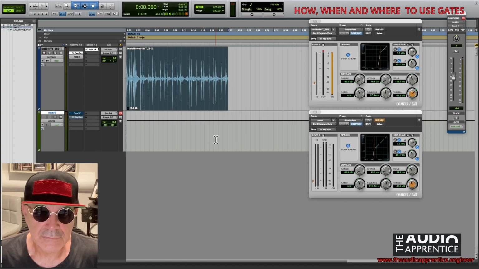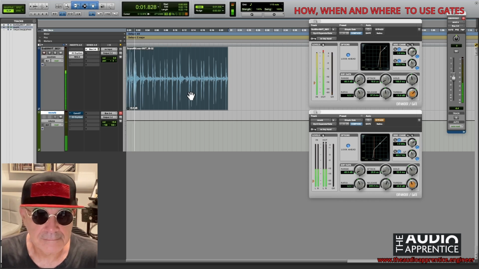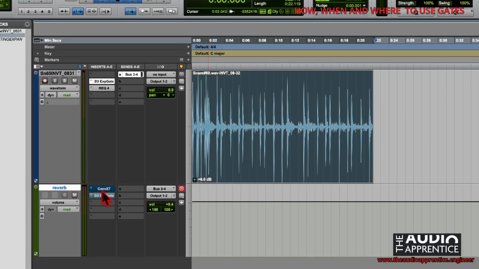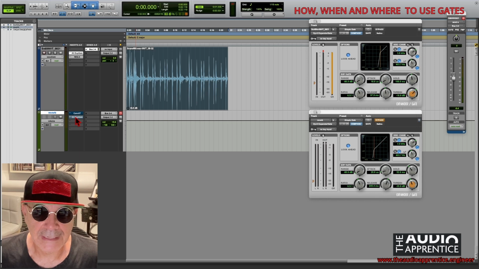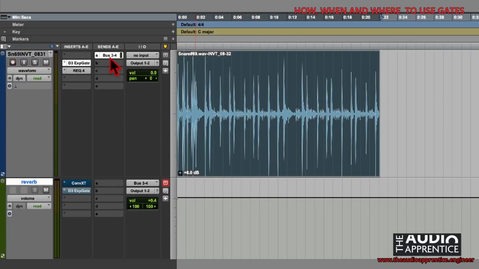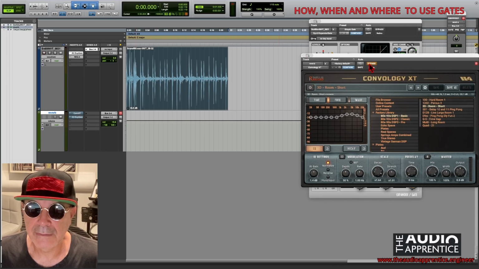The next use for gates was really big in the 80s and to some extent in the 90s, and that's the gated reverb. I've got my snare track, which I've gated, and to that I've added an auxiliary track, which I've put a convolution reverb onto it, and I've also added a gate to it. So now all we need to do is send our gated snare to our reverb track, apply our convolution reverb,